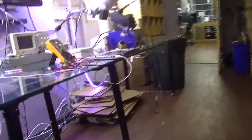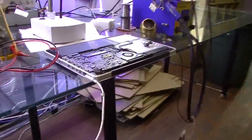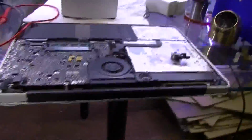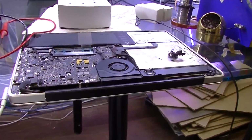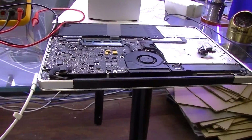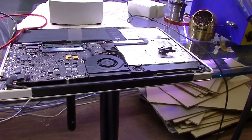Hi, so today we're going to start off with an 820-2879 board that only charges the battery when it is off or asleep, which is annoying. Now this board honestly was an embarrassment for me for the amount of time that it took to figure this